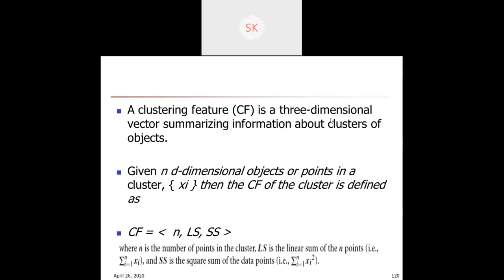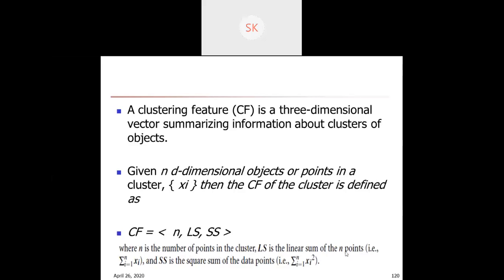Clustering feature is a three-dimensional vector summarizing information about the cluster objects, that is N, LS, and SS. Given n-dimensional objects or points in cluster xi, the CF of the cluster is defined as a three-dimensional vector N, LS, SS, where N is the number of points in the cluster,